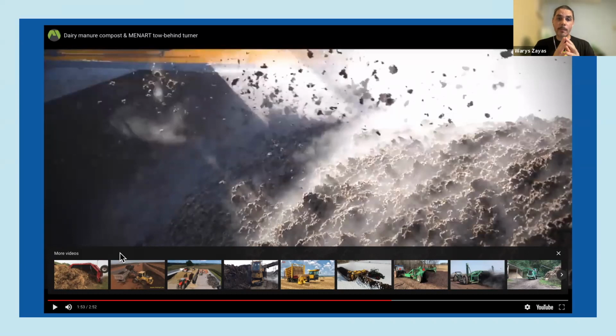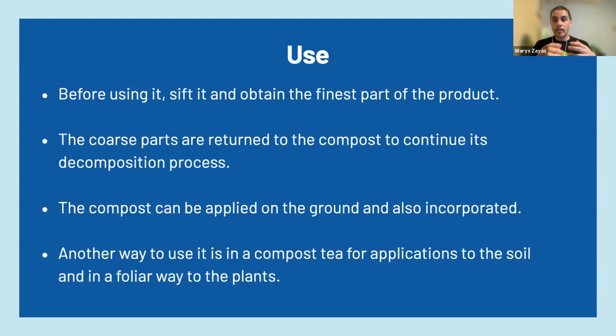When we are composting manure, our final product most of the time will have more nutrients than a compost made from vegetative material, right? Why? Because that material comes with a pre-process in the digestive systems of the animals that accelerates the decomposition process, and also adds other kinds of microflora to that material, right?